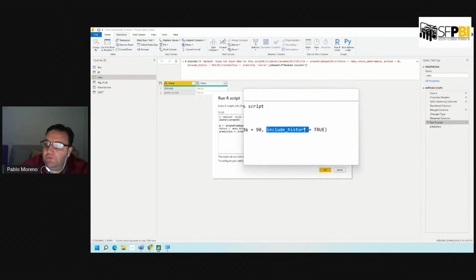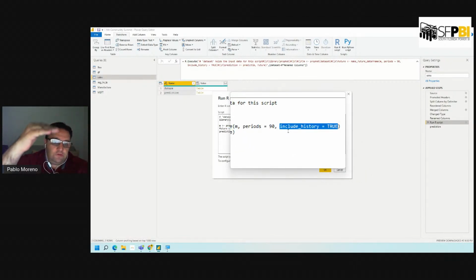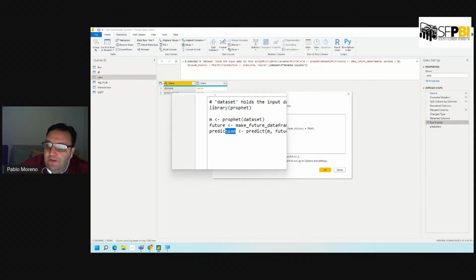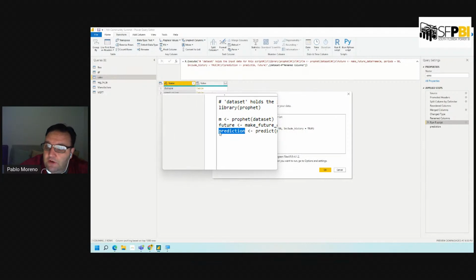Okay, and I want to include the historical data, because I can produce only those future 90 points, or I can attach the future 90 points that I'm forecasting to the historical data. Finally, I create a data frame, which is a table, no longer a table,